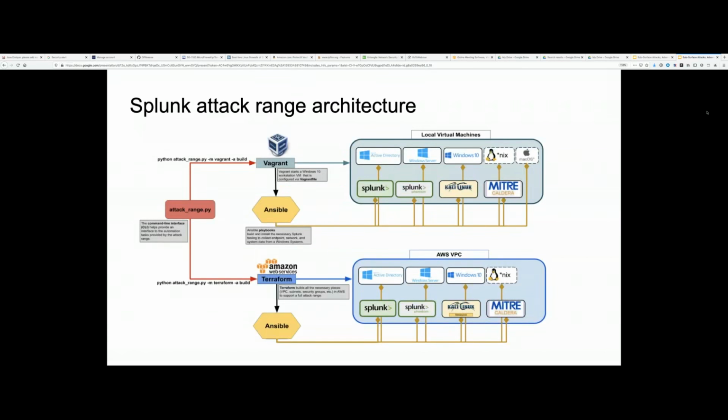So here's a little bit of the architecture. Mainly there are two ways to build the attack range. You can do Vagrant, and Vagrant will build it locally, or you can do Terraform, which will build it in the cloud. So if I do Vagrant, and both of them are based on